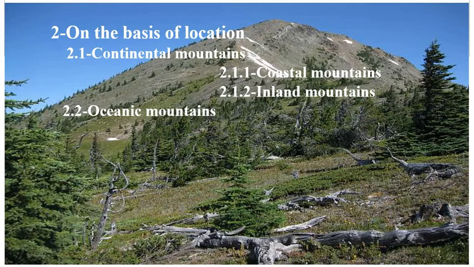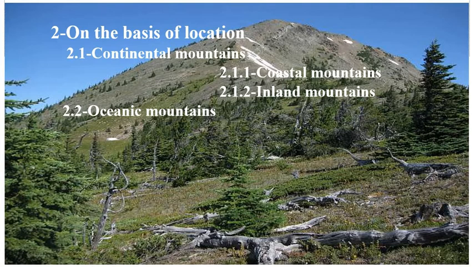So again, a continental mountain is again divided into two types. One is coastal mountains and another one is inland mountains. So here also, from its name it's very clear that the mountain which is nearby any coast, that is coastal mountains, and the mountain which is within any land, okay, so that is inland mountains.